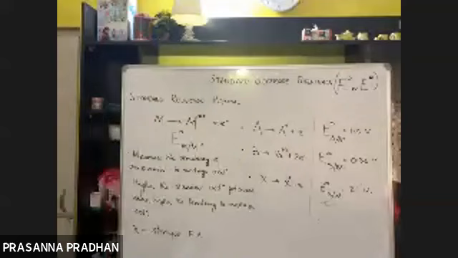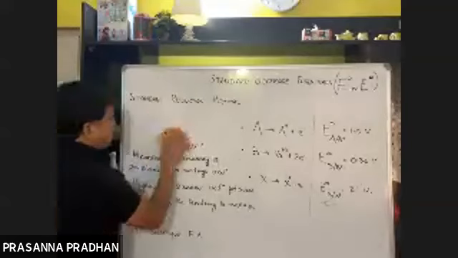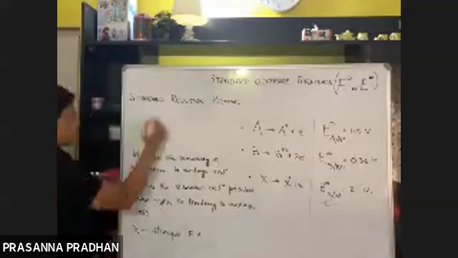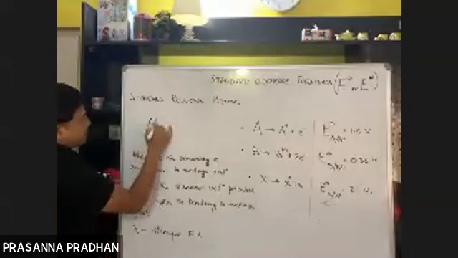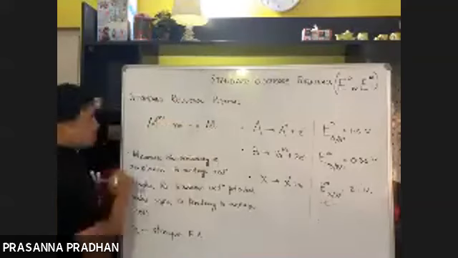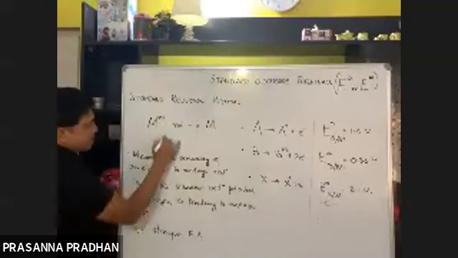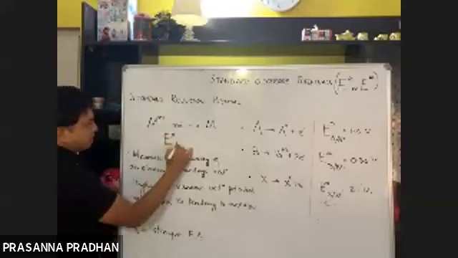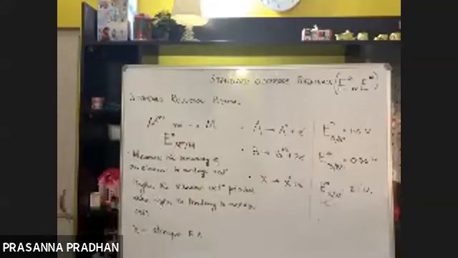And we know reduction is just the opposite of oxidation. So now how will I write down the same reaction? I'll just reverse the reaction. So M n+ gains n electrons and gets reduced to M. There is a reduction. The standard reduction potential is given by E naught, M n+ getting reduced to M. So this is the symbol of standard reduction potential.